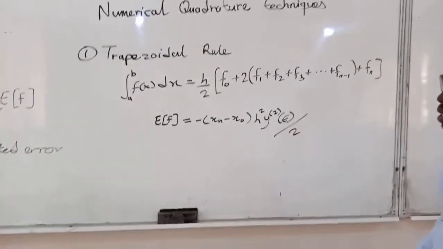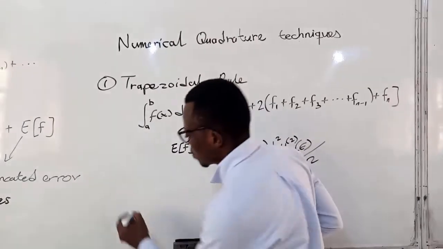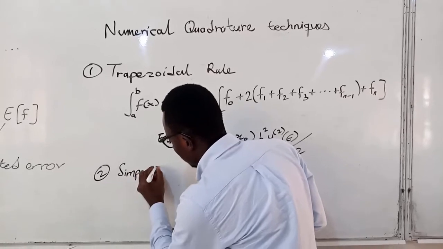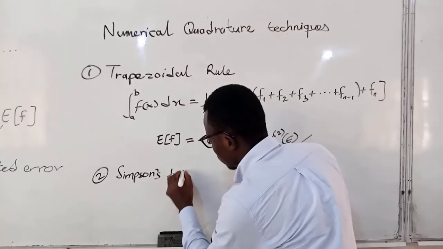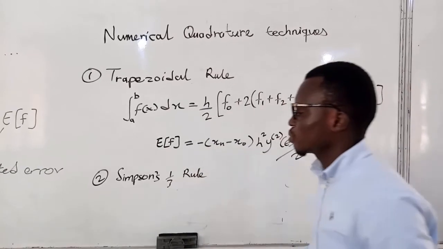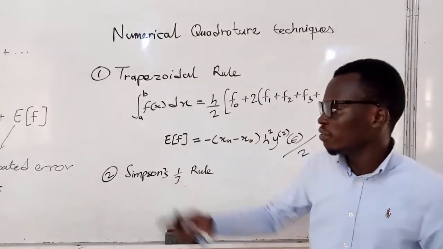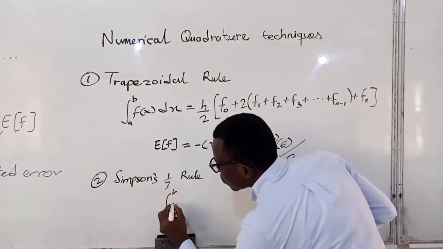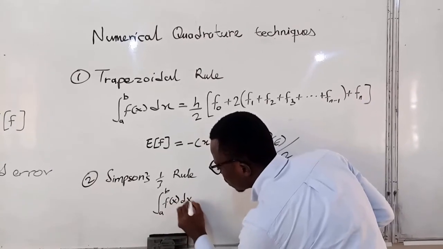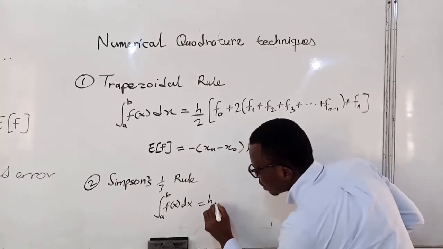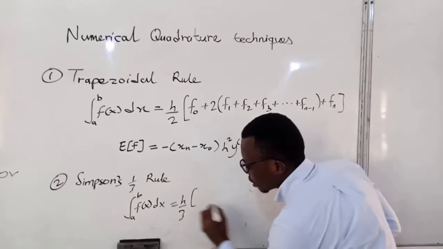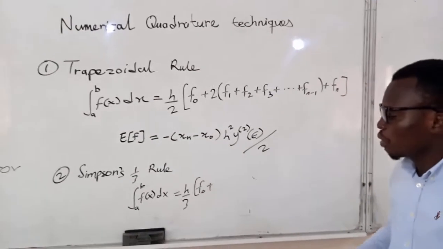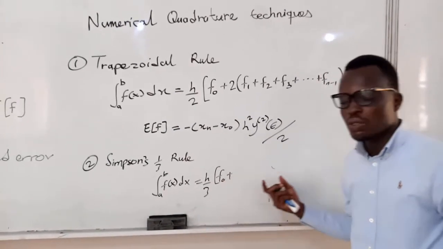Now let's move to the next technique, which is known as Simpson's 1/3 rule. Simpson's 1/3 rule is saying that if I have an integral, let's say the integral from a to b of f of x dx, it is given by the step size divided by 3, times the first functional value f_0, plus